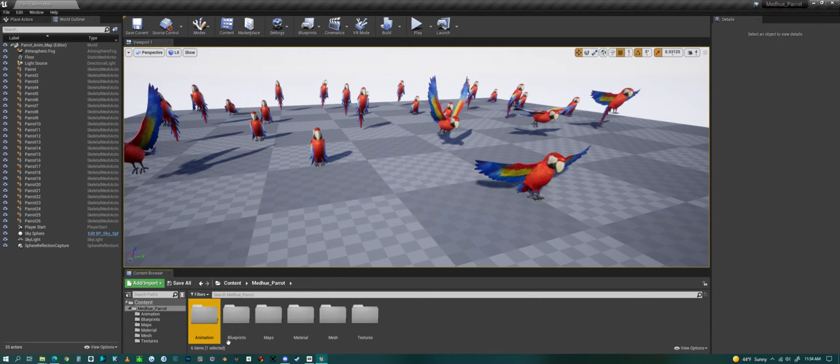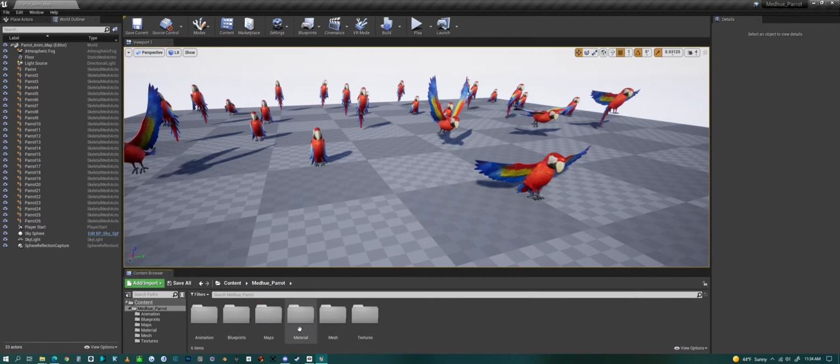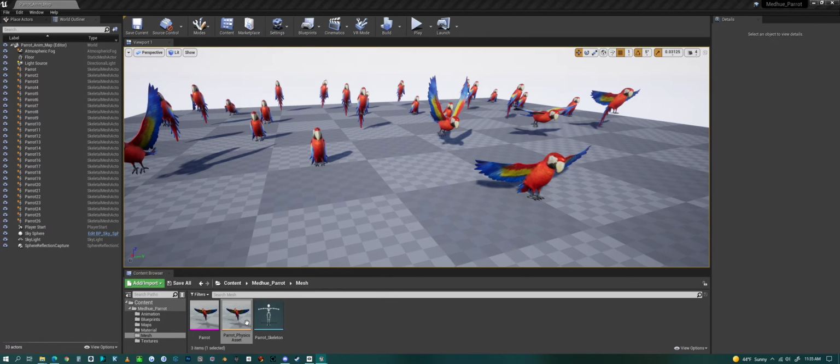So the first folder, if we just look at the folders, we have an animation folder and then a blueprint folder. We'll look at those in a minute. We have the maps. We have this animation map, which needs to be updated. And we have an AI map, which we'll look at in a minute. One PBR material for the parrot. We can look at the meshes and the